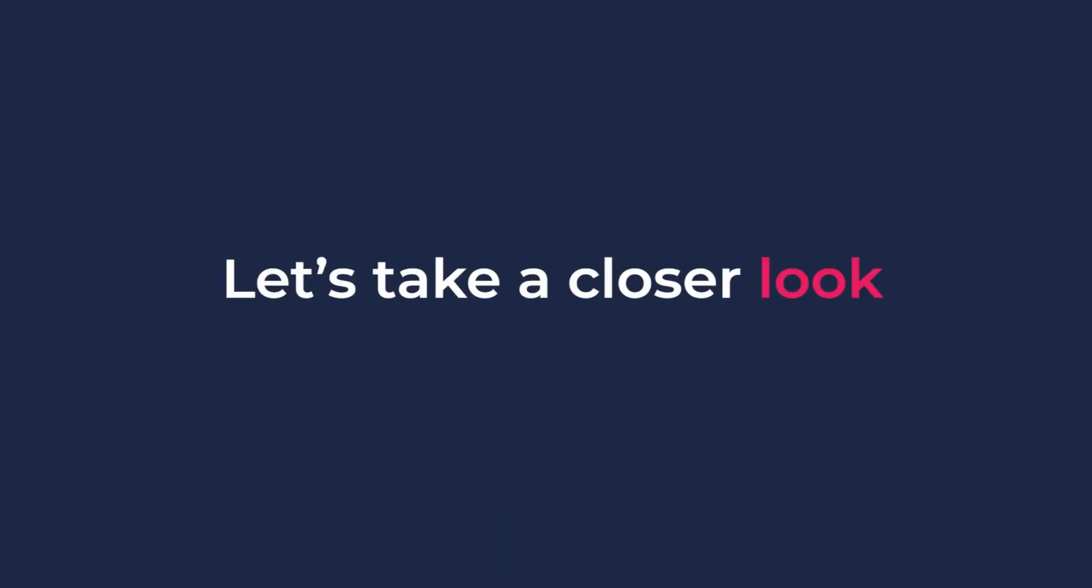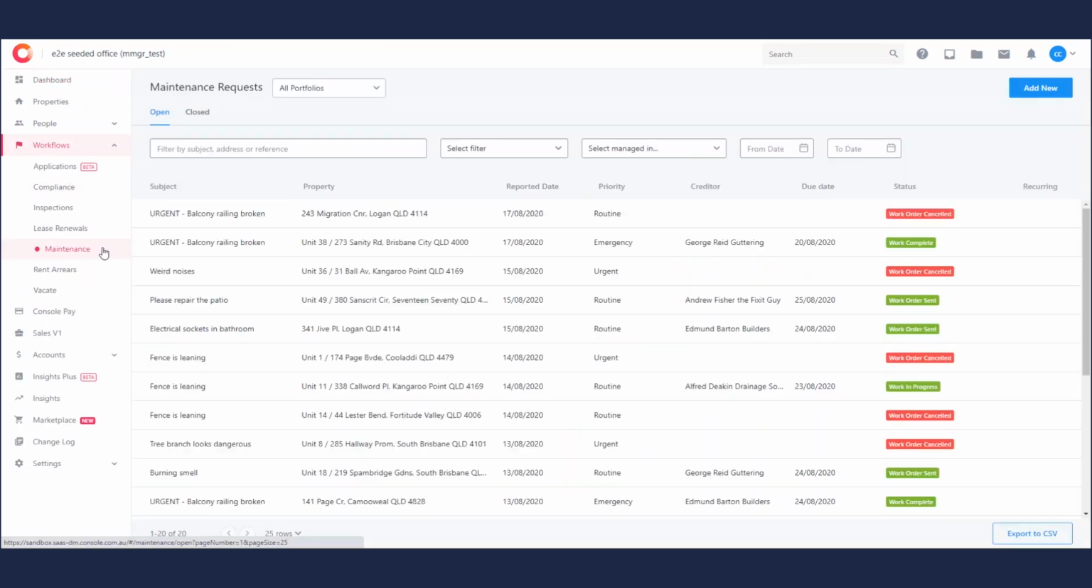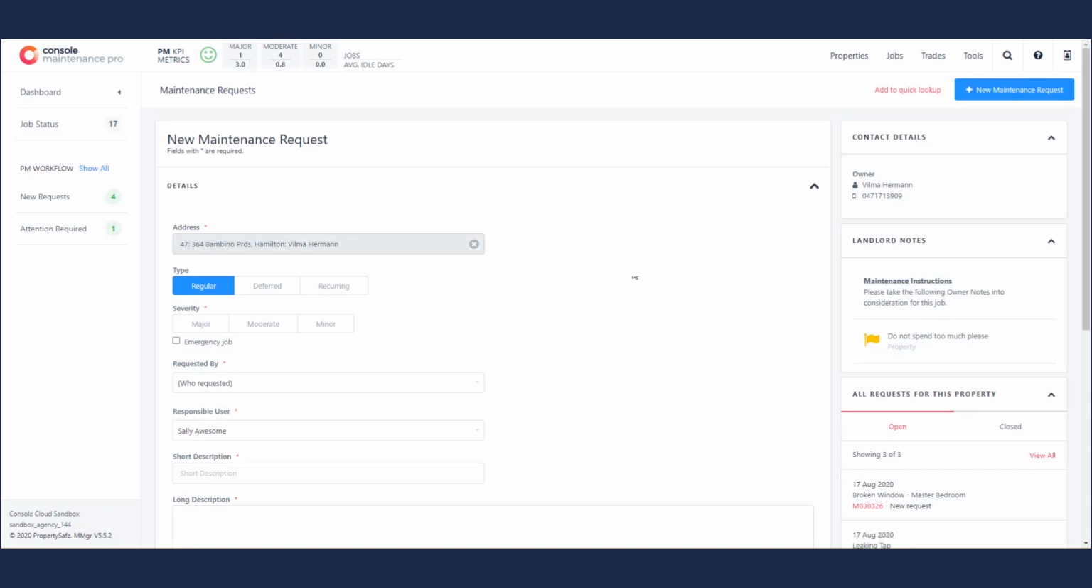Let's take a closer look at what you can expect from the integration as it is today. To get started, log into Console Cloud, go to Workflow, and click Maintenance. Click the Add New button to open a new maintenance request in Console Maintenance Pro, where you can fill out